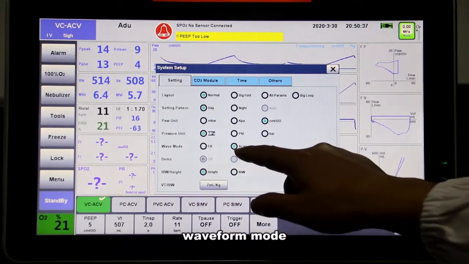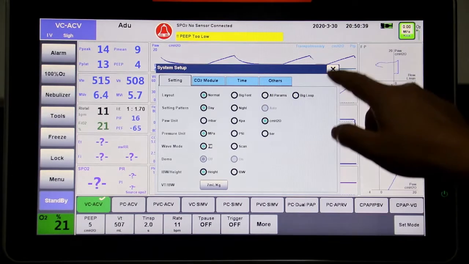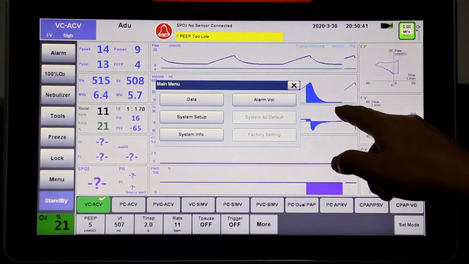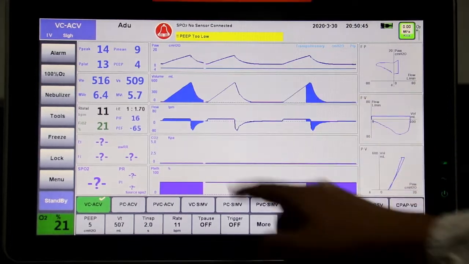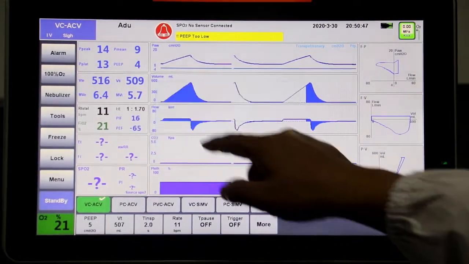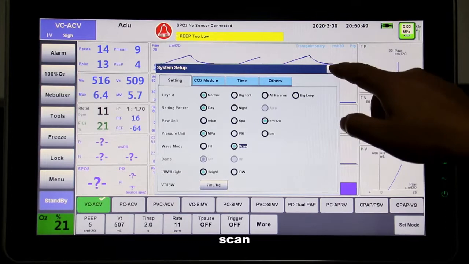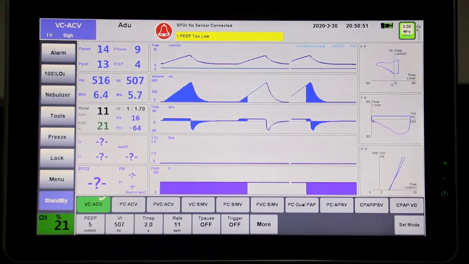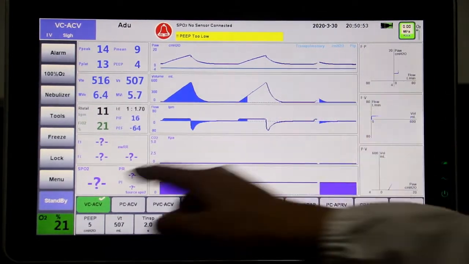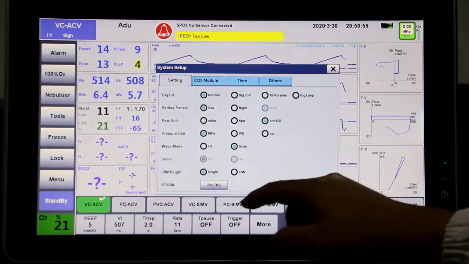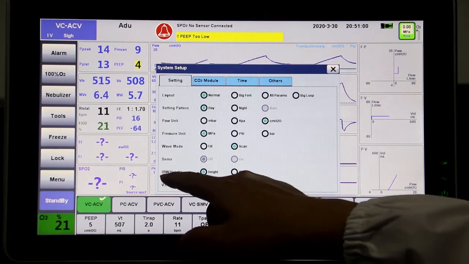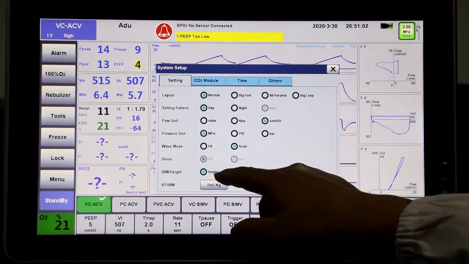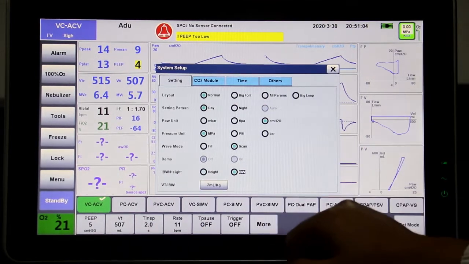The waveform mode, cool. That is for the scan. Different. This for height or IBW.